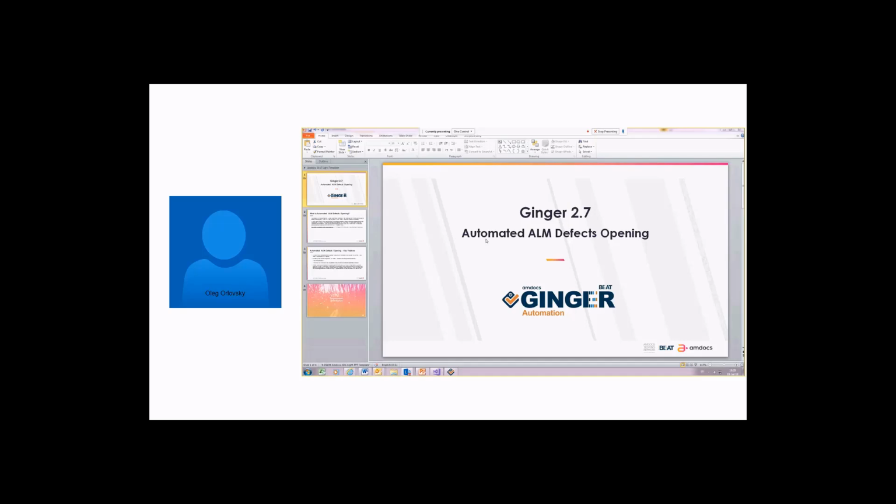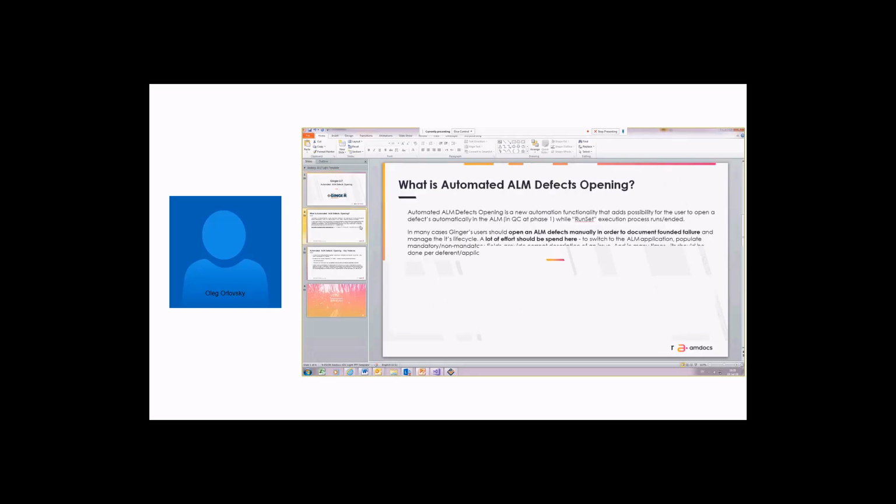In 2.7 official, we have a new enhancement, automatic ALM defects opening. By this enhancement, we are giving the end user the possibility to open the defects for issues and failures that the end